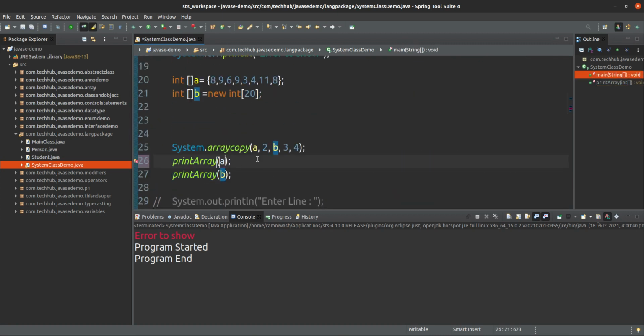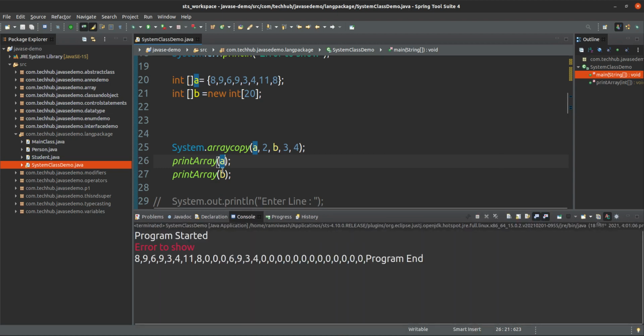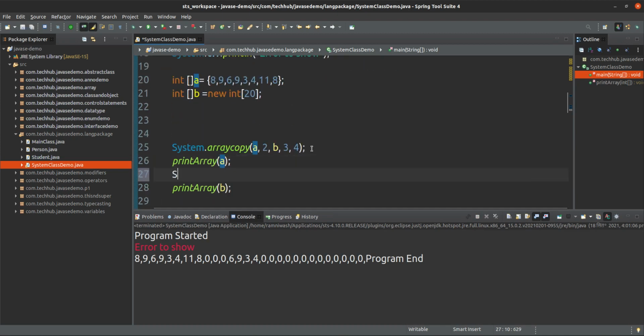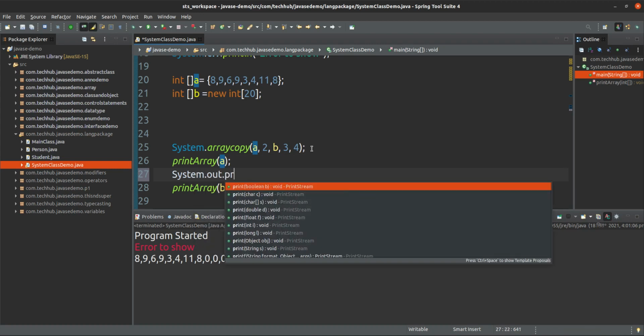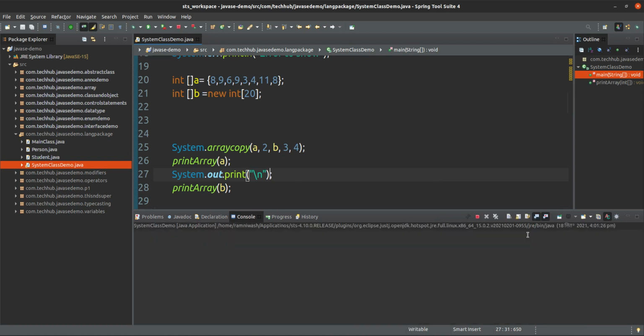Okay, a and b both we are printing. Oh, it is coming on the same line. Okay, wait, System.out.println, or you can give a new line, that's also fine.